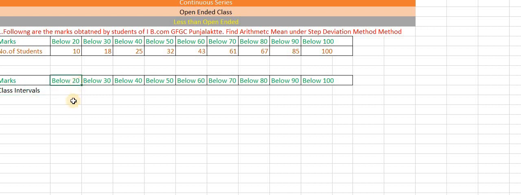So 10 is the class interval for all the given data: 40 minus 30 is 10, 50 minus 40 is 10. So the upper class limit 20 minus 10 is 10. So below 20 is 10 to 20, and here